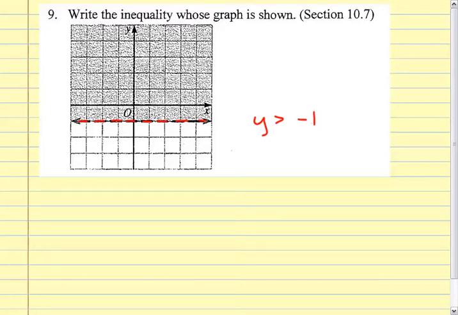Exactly. Remember, and you guys have got to get this down. It's been a whole year. The vertical lines are always x equals, or x is less than, or